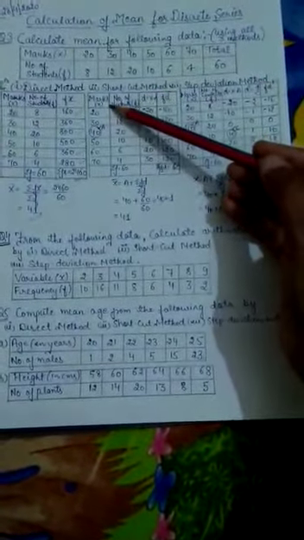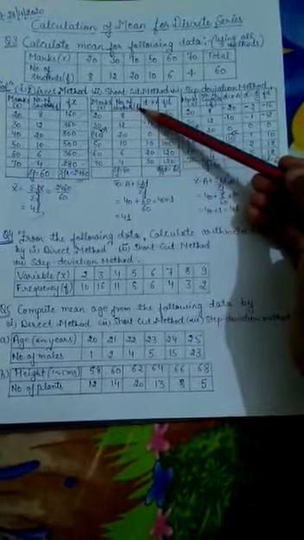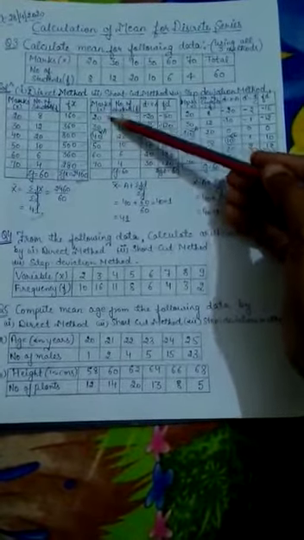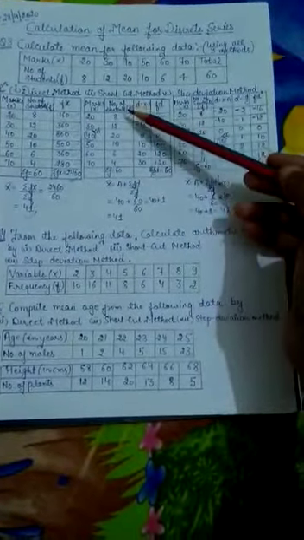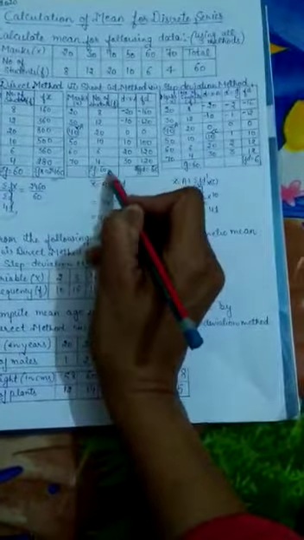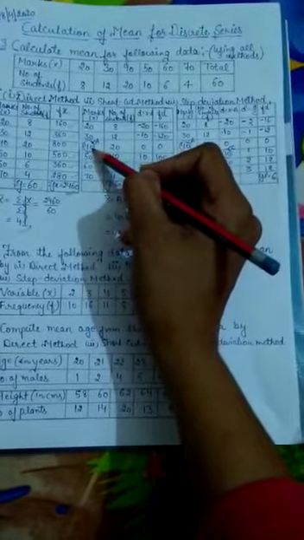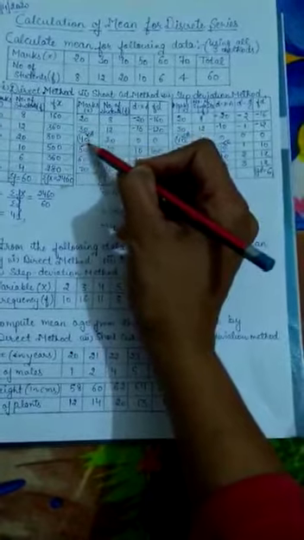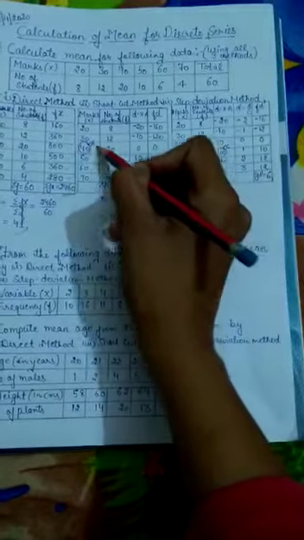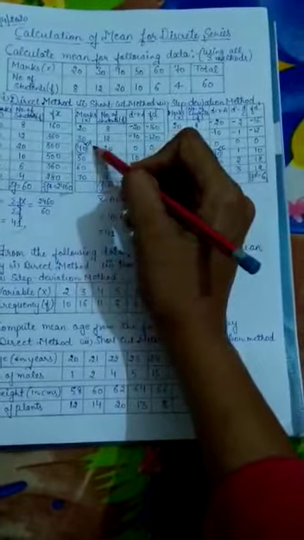Now let's move to the second one, that is marks, and then this is number of students. Marks we have written from this box as it is. Then number of students is given. First of all this will be added, that is sigma f. What is your sigma f? That is 60. Now you have to choose one assumed value. So I have chosen this 40 as assumed value. I told you in yesterday's video also how to work with this assumed value.